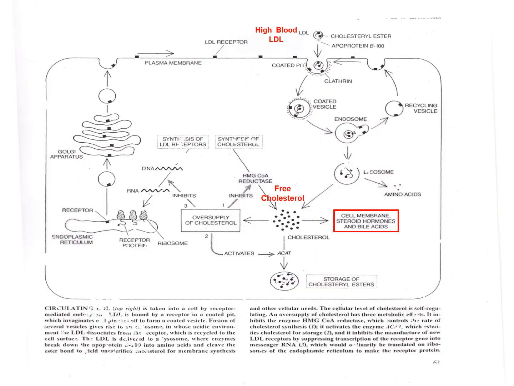Okay, so let's look at the picture of that. You'll notice up at the top we have high blood LDLs, and so the LDLs then are needed to be taken out of the blood to maintain homeostasis. You'll notice that on the plasma membrane of the liver you have the LDL receptors.